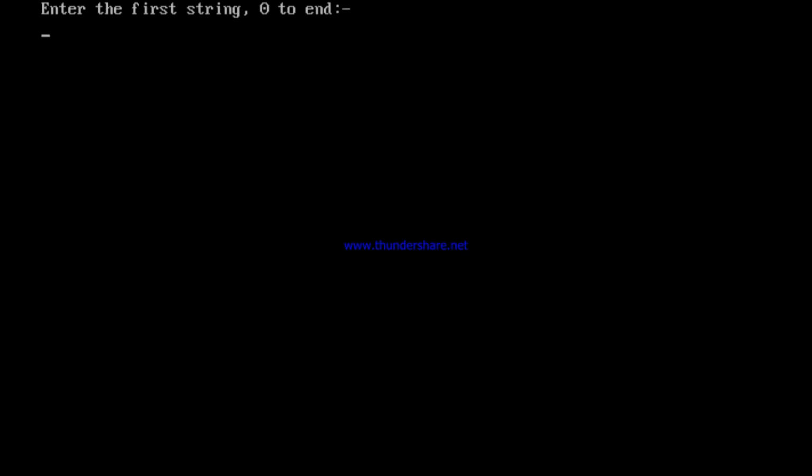Enter the first string, 0 to end. So the first string that I enter is maybe like this: I am Biswajoy Chatterjee. I just type this as my first string with a full stop and a 0.